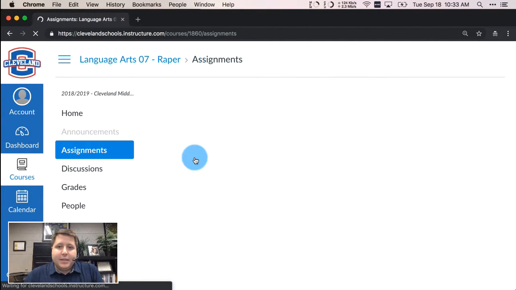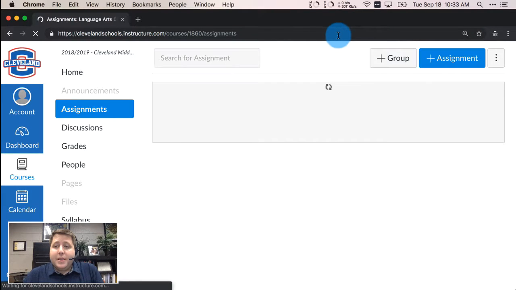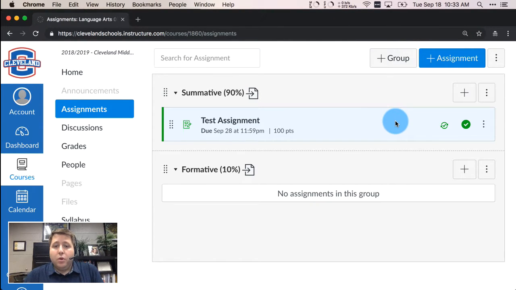And if I go back to the assignments list, what you'll see is that this assignment is not published. Now, if it's published, then it's going to be able to be sent back to PowerSchool, and you'll see when I refresh it, it even has this little circle arrow with a check mark in the middle. That means that Sync to PowerSchool is enabled. Now you can quickly disable it by clicking on that, and now it's not syncing to PowerSchool. And you can click on that to get it to sync. But once again, if you don't have a due date specified or a category, then you'll get an error and have to go in and edit the assignment. So it's best practices to always create your assignments with this in mind,